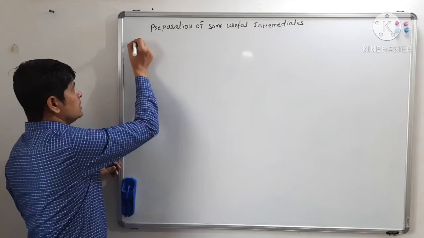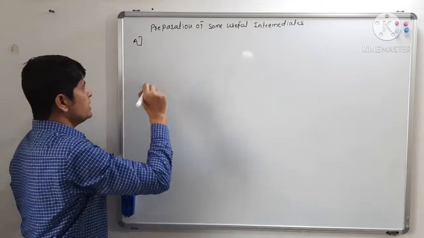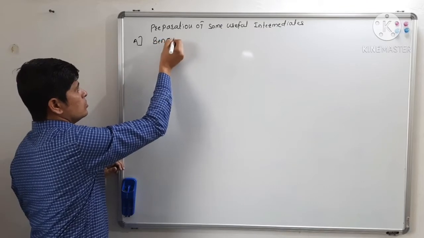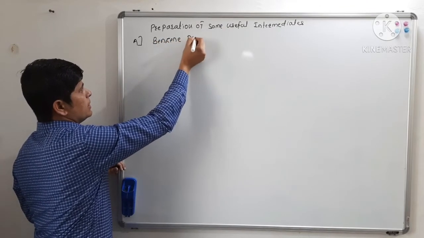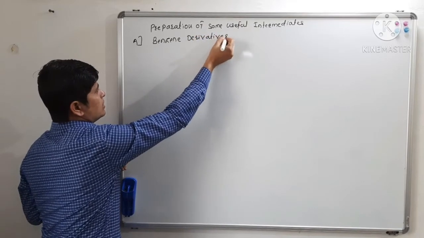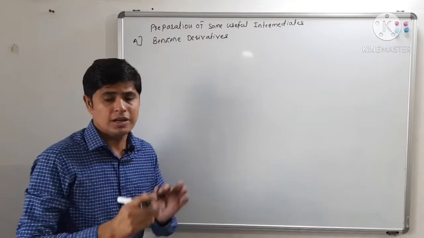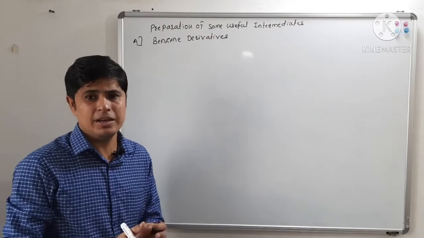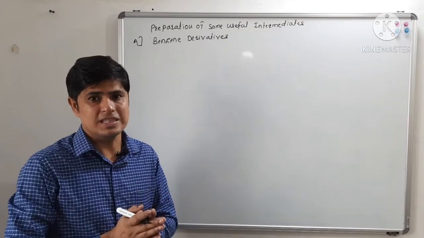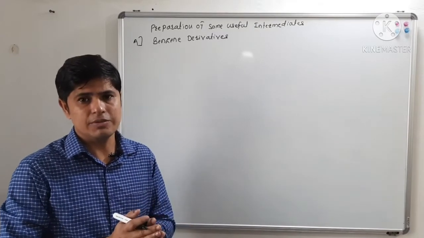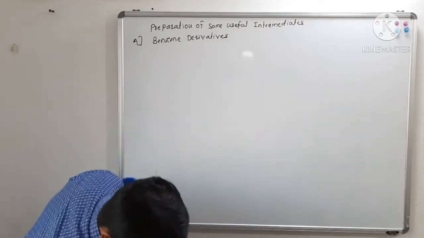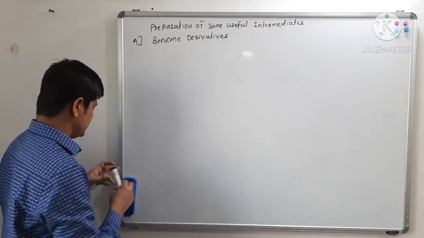So the first category in this intermediate synthesis is what? Benzene derivatives, or benzene intermediates. The intermediates which belong to the benzene ring, or they have a core moiety, core structure, as a benzene. So these are benzene derivatives as intermediates. So the first intermediate for synthesis is